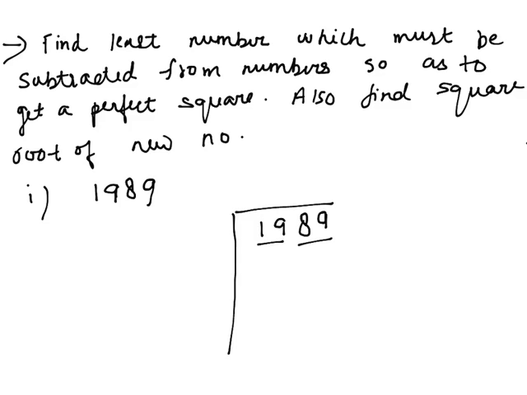So here we get 2 pairs of 2 digits. Here we have 19. So clearly we will go with 4, as 4 times 4 will give us 16. And 5 times 5 will give us 25, that is greater than 19. So we cannot go with that. So we will stick with 4. 19 minus 16 will give us 3.